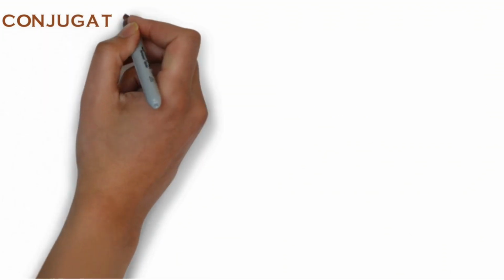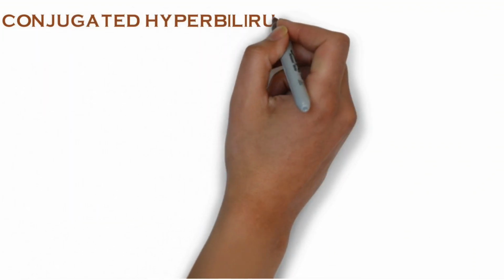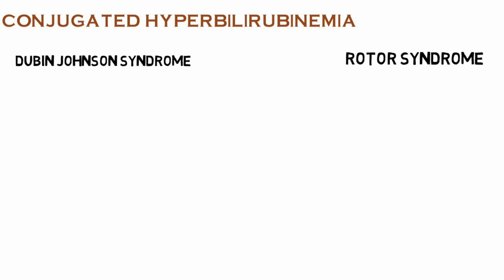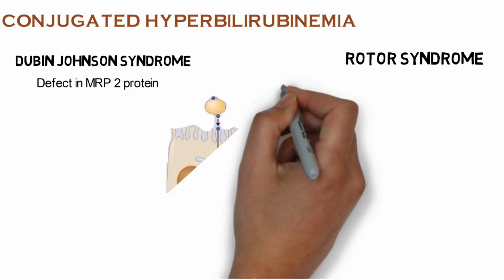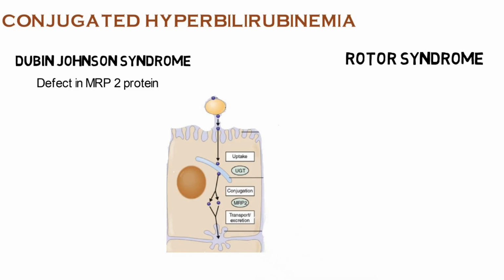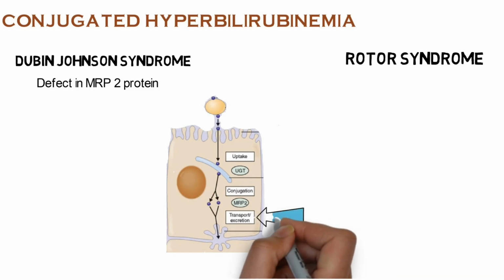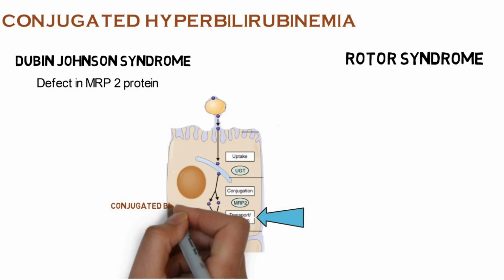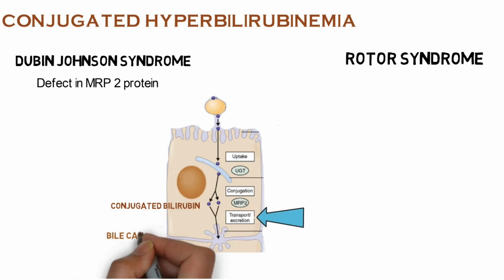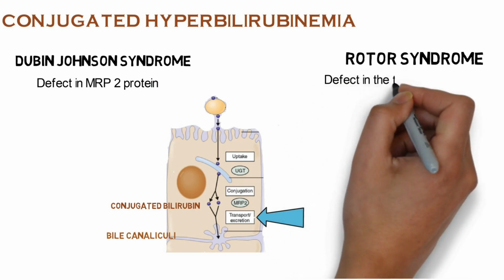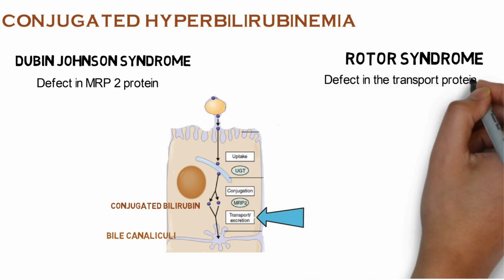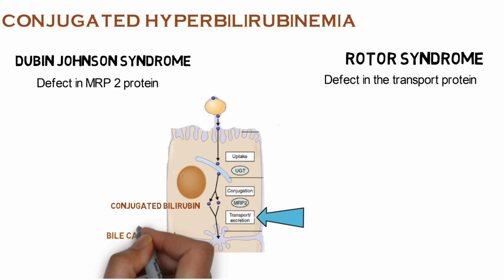Now, the genetic defects which will result in conjugated hyperbilirubinemia are Dubin-Johnson syndrome and Rotor syndrome. In Dubin-Johnson syndrome, there is a defect in the MRP2 protein. MRP2 protein is responsible for the transport of conjugated bilirubin from the hepatocyte into the bile canaliculi. And in Rotor syndrome also, there is a defect in a transporter which is required for the transport of conjugated bilirubin